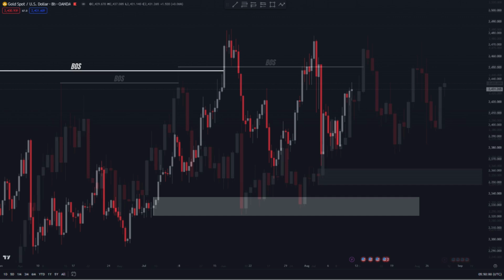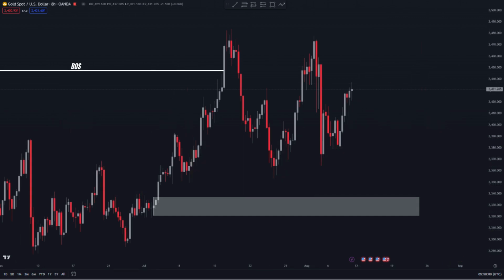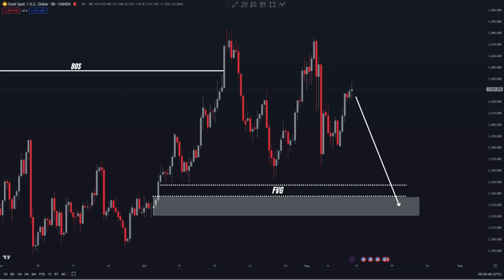Let's switch from the daily to the 8-hour time frame for a closer look. On the 8-hour time frame, we can see a fair value gap just above our extreme demand zone, which the price might want to fill. This suggests that the price could drop to retest our demand zone, providing us with an opportunity to enter long-term